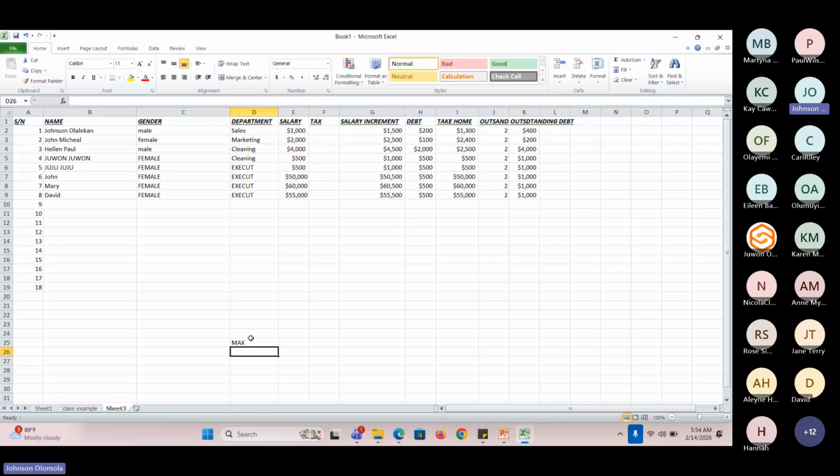A situation whereby you want to know the total amount of money you are paying to your staff. You want to calculate the total amount of salary before increments, the total amount of salary after increments, then the total take home and the outstanding total debt that they are owing. How do you do that? In this